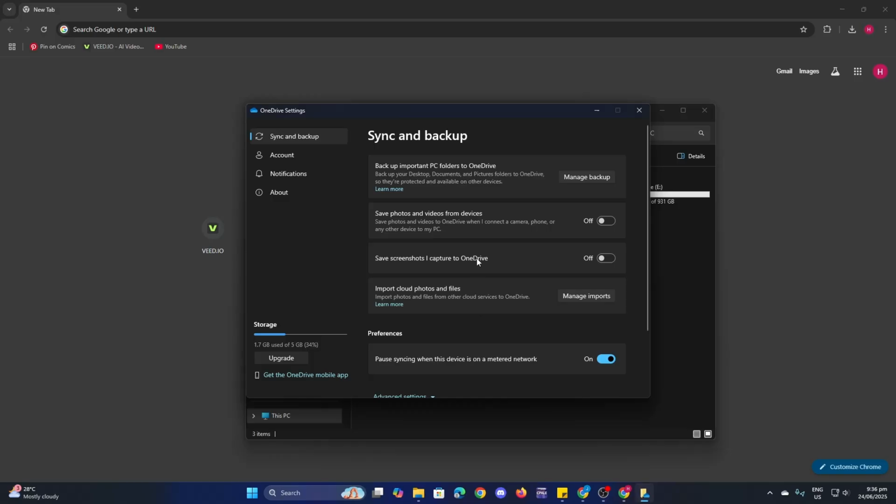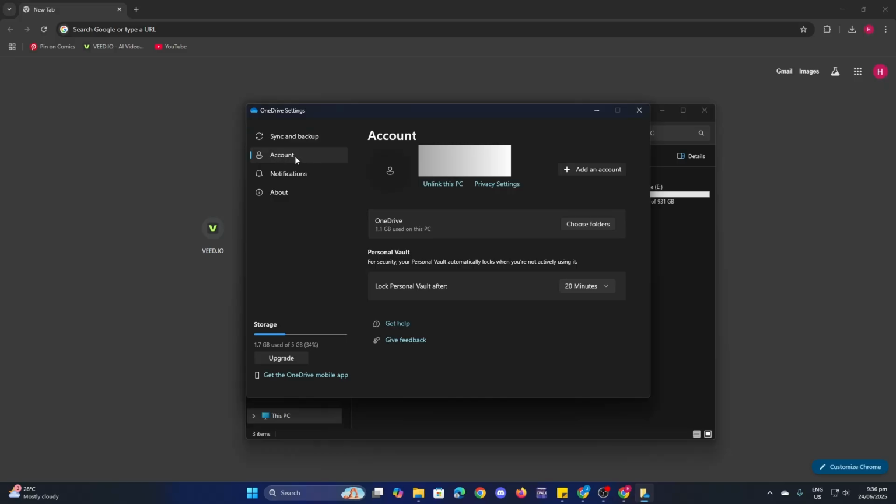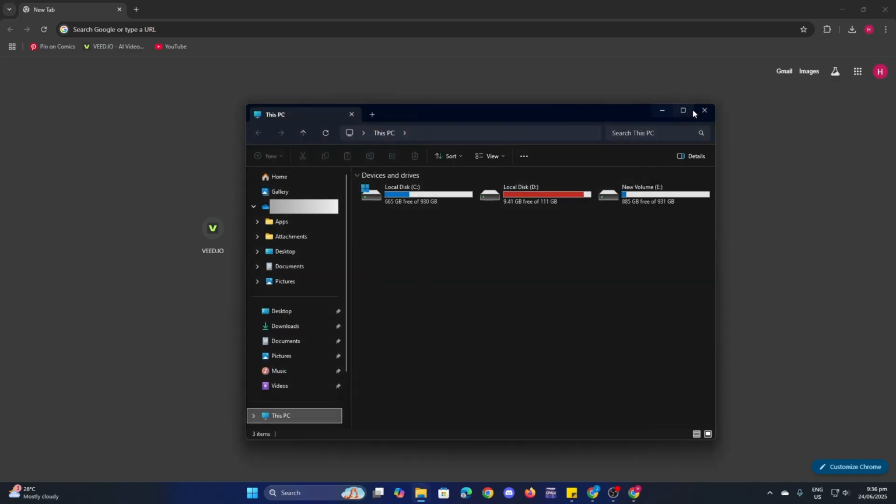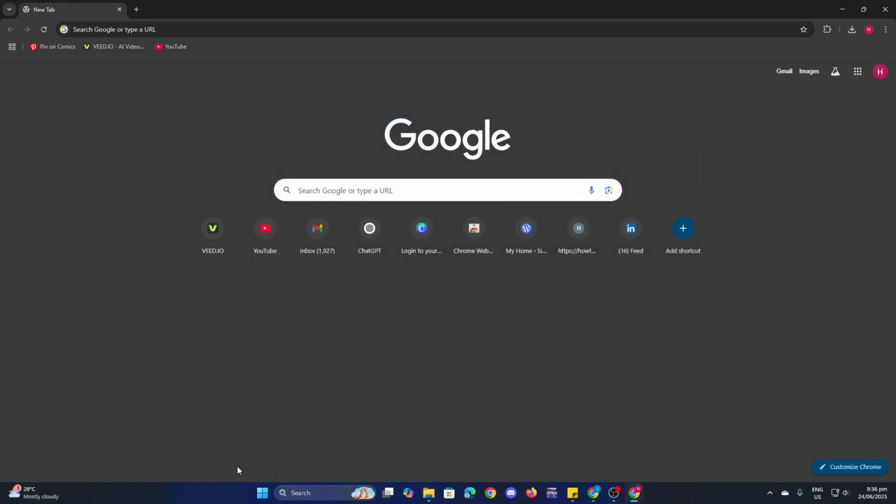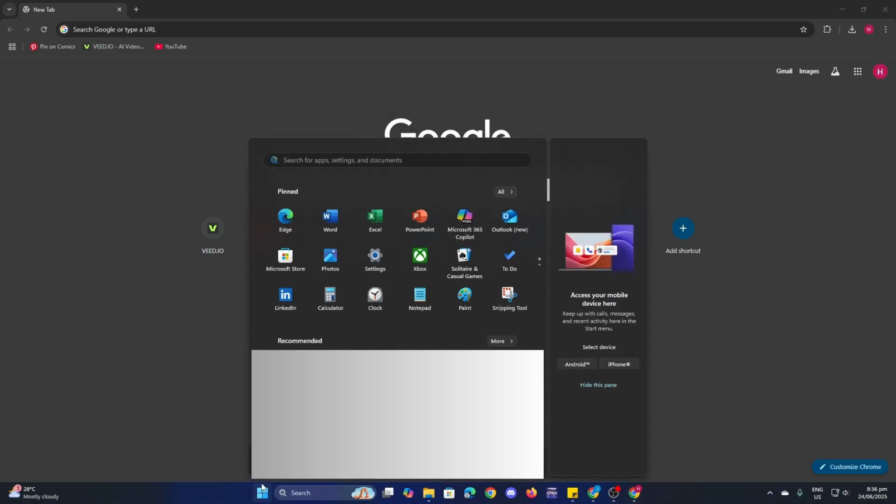Once you're here, you just need to scroll up, click on your account here, and then click on Unlink this PC. Okay, now once you've unlinked this PC, you can just close this, and then go to your Windows here, then